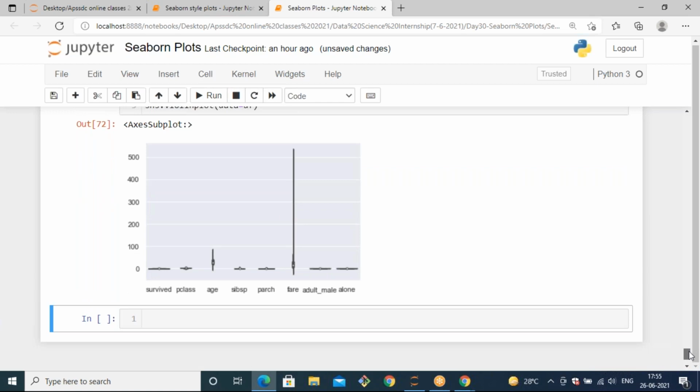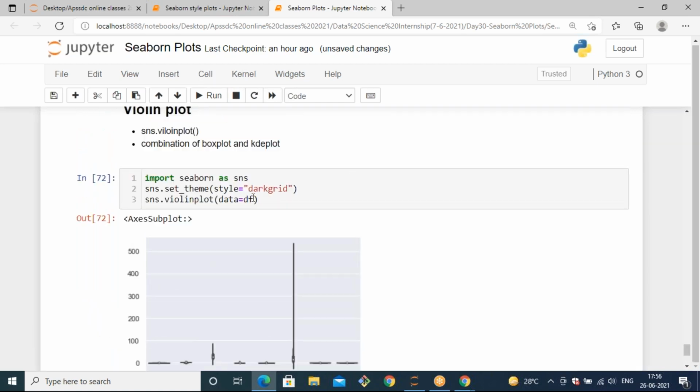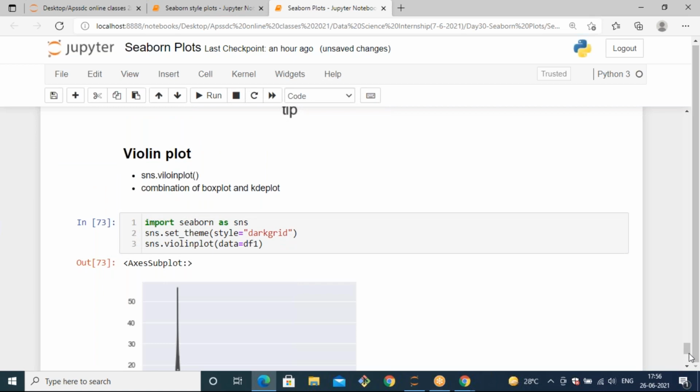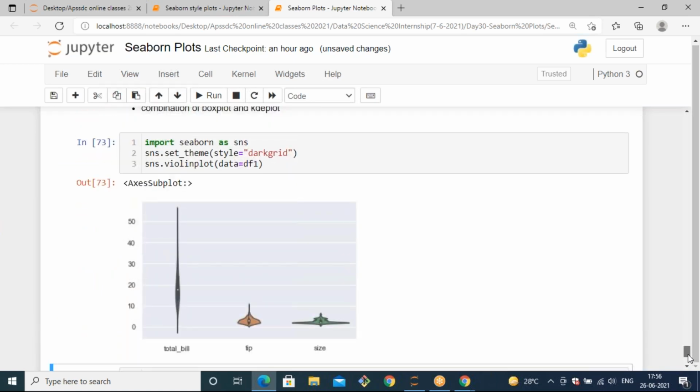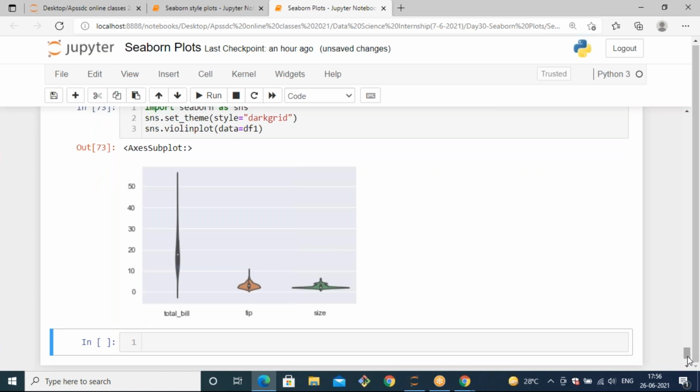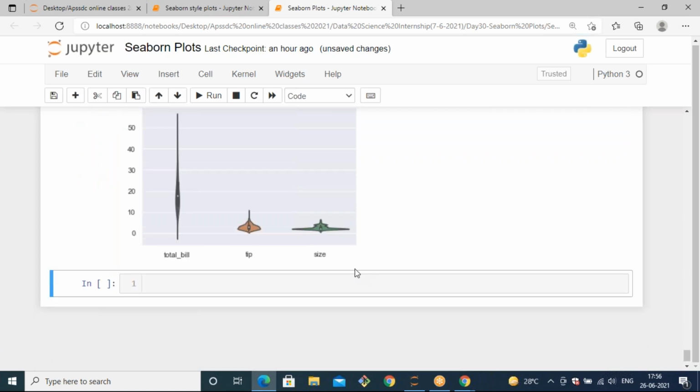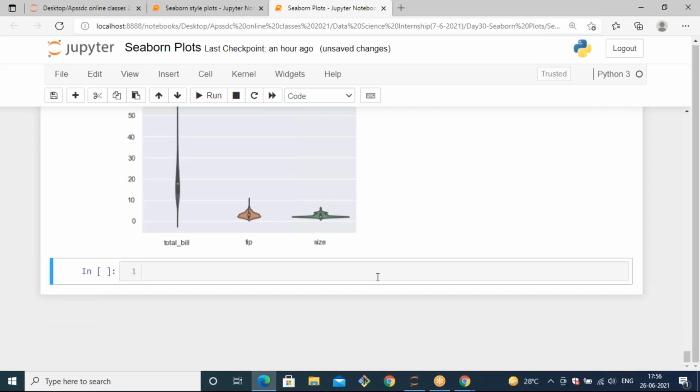integer data columns. So we have df1, right? It will generate three violin plots for three columns, because these three columns are the only integer kind of data: total bill, tip and size. Instead of that, if you want only one particular violin plot for only one feature, you can use SNS dot violin plot of x equals to, you can directly access it, or else you can access with this method also. So tips we are loading with the variable df1.